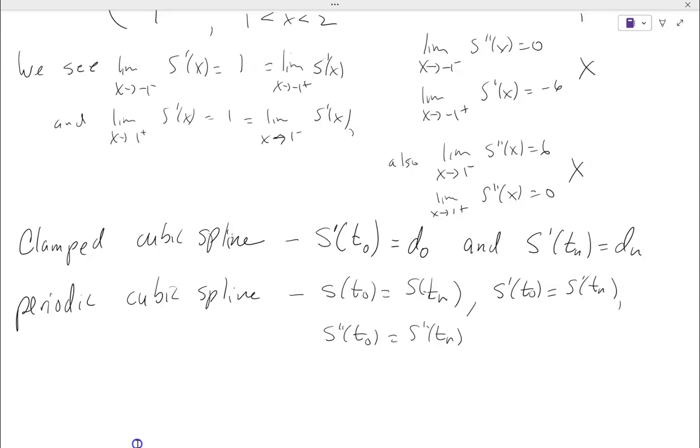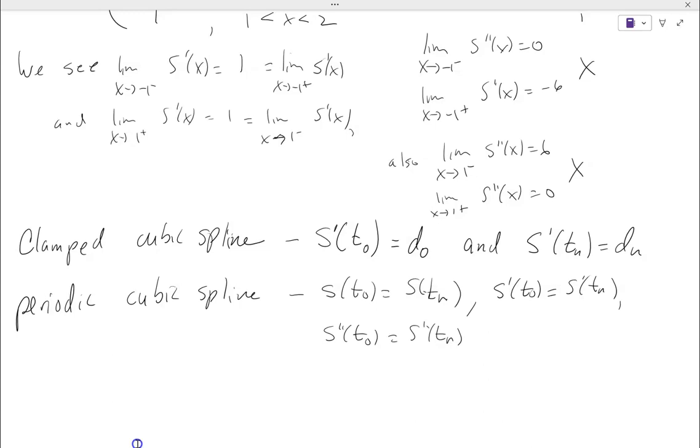or the clamped cubic spline, saying we're going to force what the slope needs to be at the left and the right endpoints, or forcing the periodic cubic spline, saying I expect this pattern to repeat again. Those are all just to give us extra conditions to be able to solve the system. That's all that's involved. It's the only reason why we're doing it. Okay? Now notice with the natural cubic spline, that allowed us to make it a little bit simpler system of